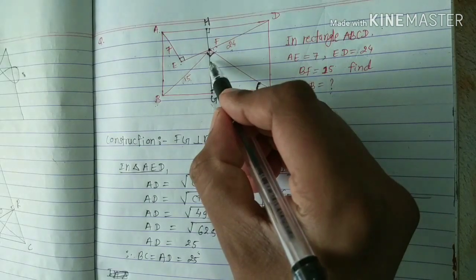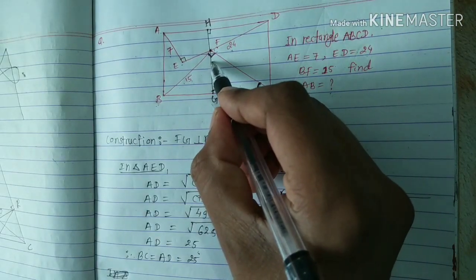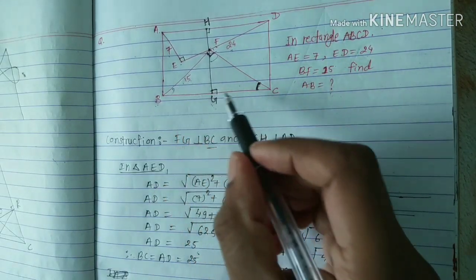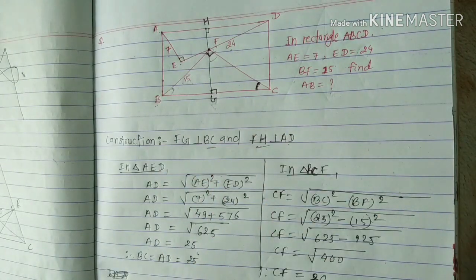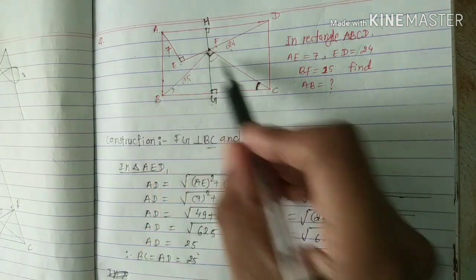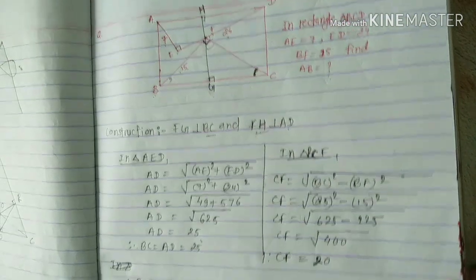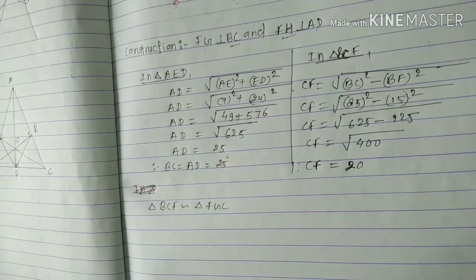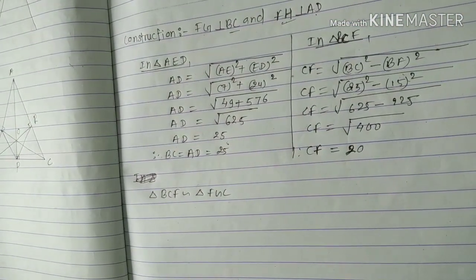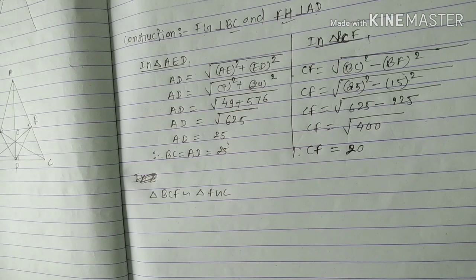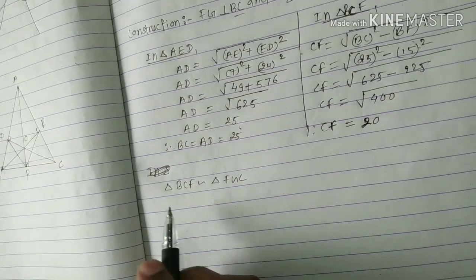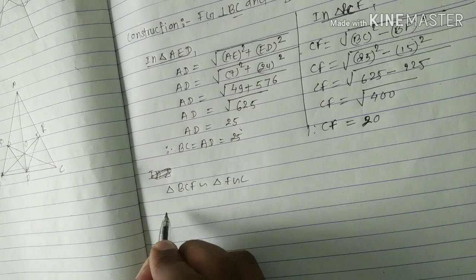And then after, the remaining angles will be equal here, therefore this angle is equal to this angle. So all three angles are equal to each other, therefore these two triangles become similar here. So now we can use the properties of similar triangles. The property of similar triangles is that corresponding sides are proportional. So we will proportionate the corresponding sides.